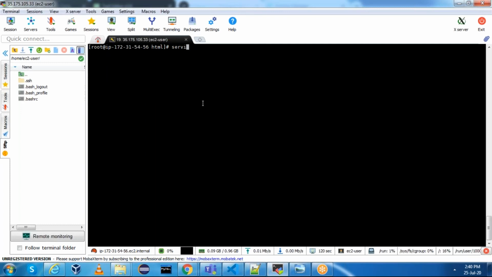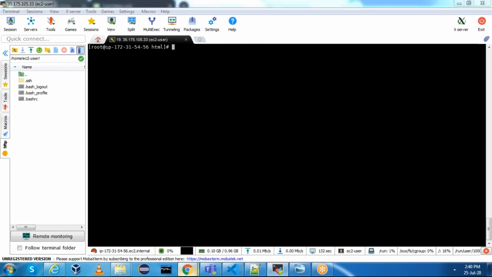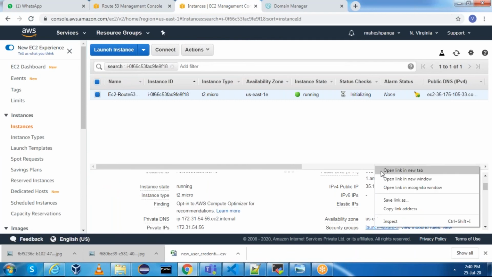Now start HTTPD service. service httpd start, and you can check the status. Perfect. This is running perfect, and HTTPD will use port 80. Allow port 80 in the security groups.